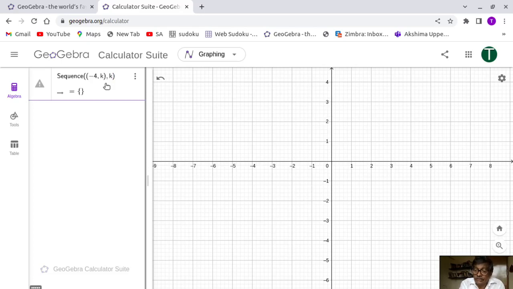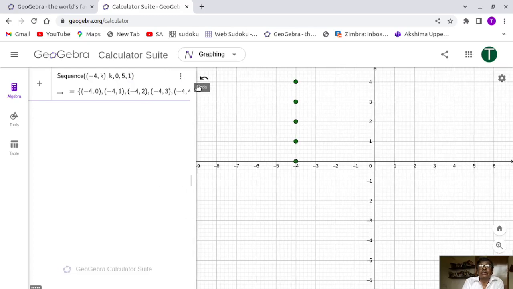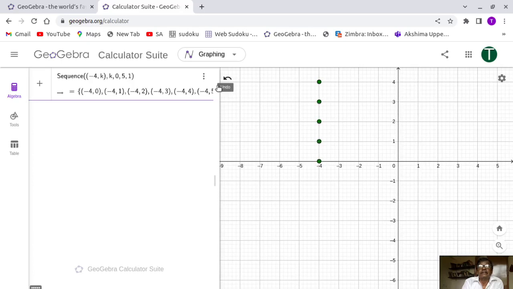Comma 0, comma, say final value is 5, and comma 1. If you want to see the full command, you can expand it a bit here, and see what output it has given. See, this is the command, -4, k, this is the function of k, and it is a point,